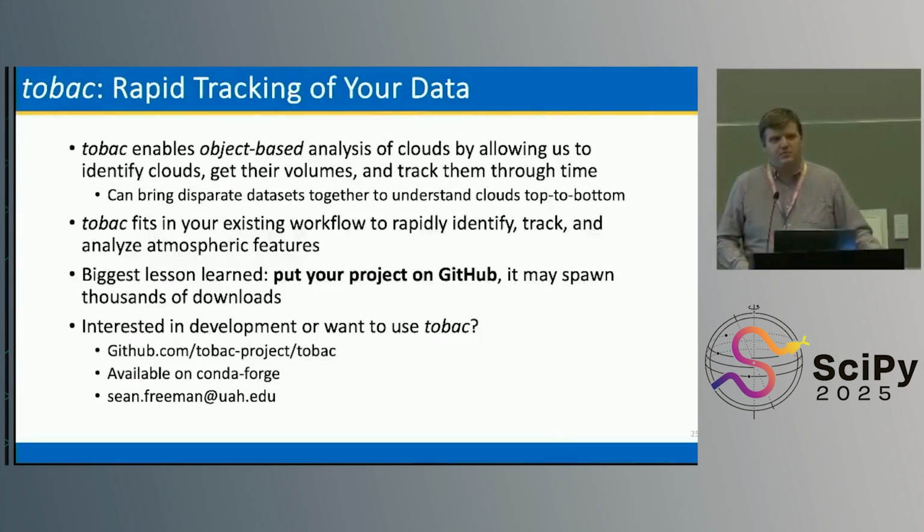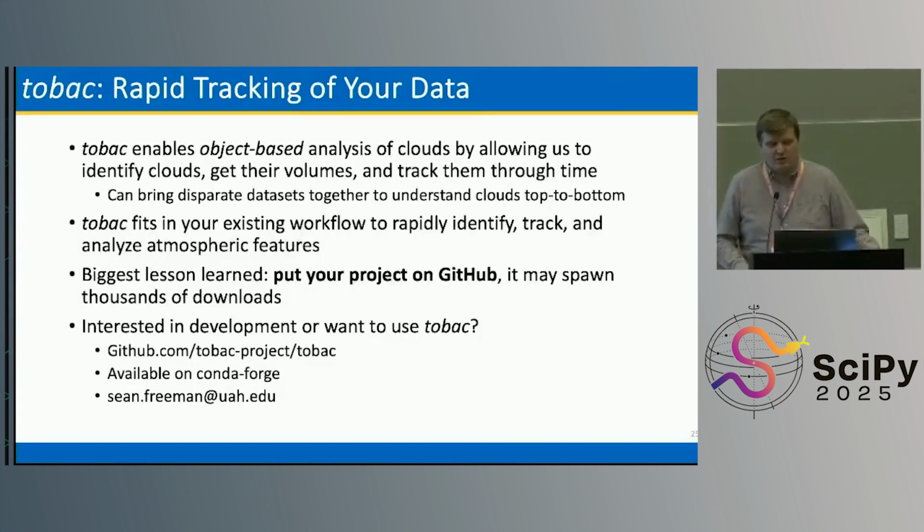So Paige asks, what about tobac makes it specific to tracking atmospheric features? Could this tool be used to track other features, for example, in oceans? Yes, the tool could be used to track features in oceans. No, there is nothing specific about it being atmosphere. Atmosphere is just the community that all of us work in. So if you are in something other than atmosphere, we are very interested in hearing what your needs are